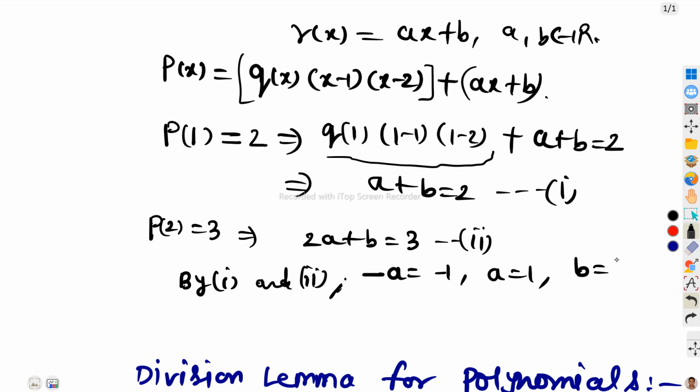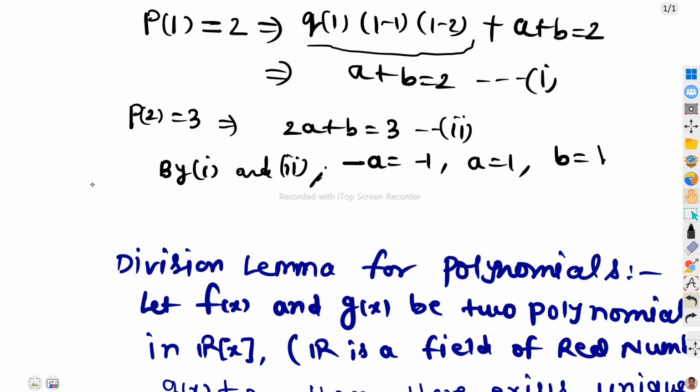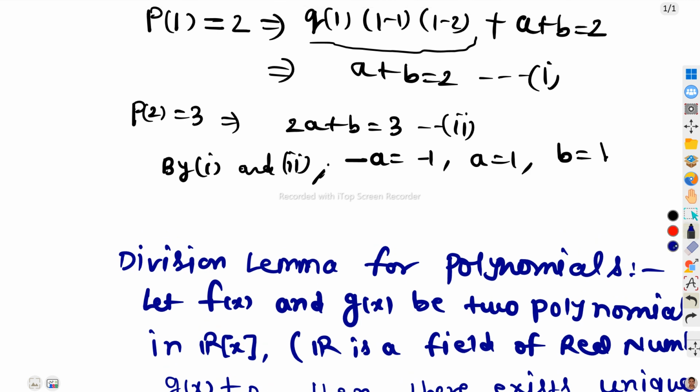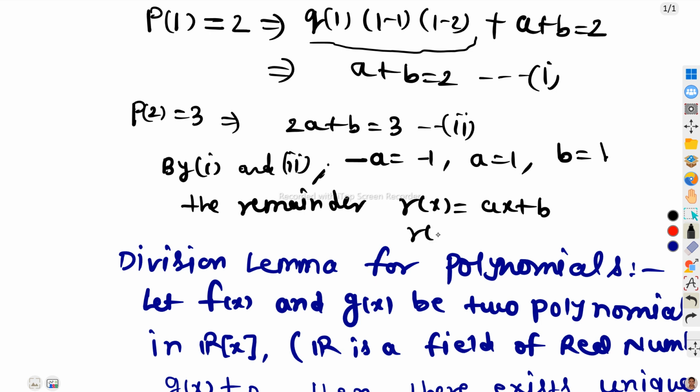So what is the remainder? The remainder r(x) equals ax plus b, and we have found that a equals 1 and b equals 1, so the remainder r(x) equals x plus 1. So this is the answer. Thus we have solved